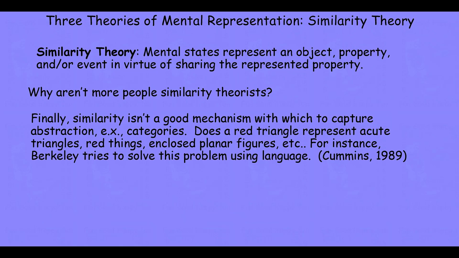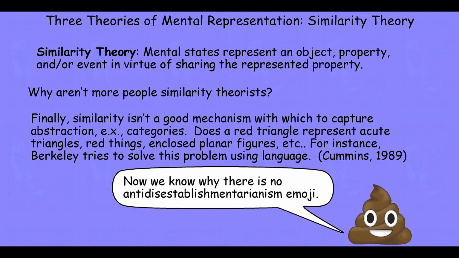Finally, similarity isn't a good mechanism with which to capture abstraction, like categories. Does a red triangle represent acute triangles, red things, enclosed planar figures, etc.? So for instance, Berkeley tries to solve this problem by using language, by affixing names to collections of objects that share properties. It also helps us to understand why there can be a poop emoji, but there can't be an